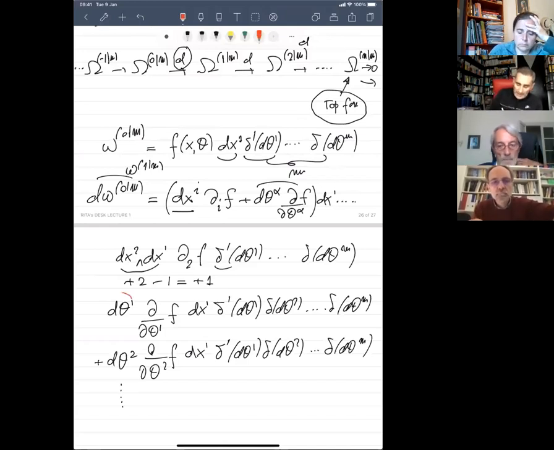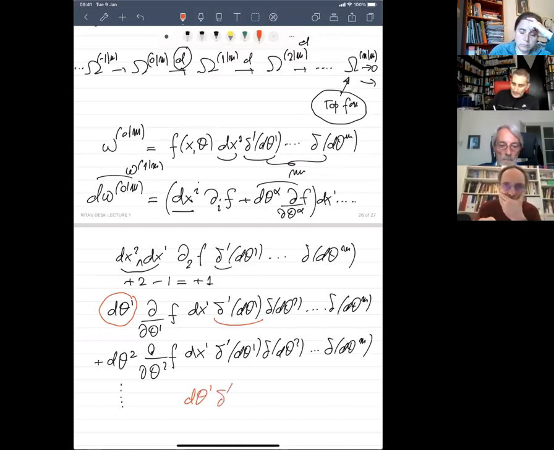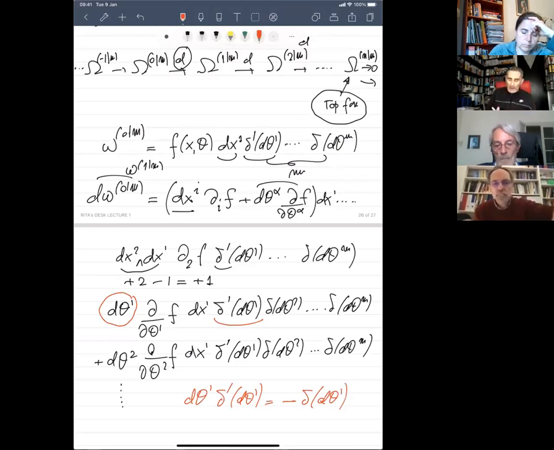You see, in this case these coordinates are exactly the coordinates that appear in the derivative of delta. For that I use the following equation: d theta 1 delta prime of d theta 1 is equal to minus delta of d theta 1. This is a distributional equation, which tells me that I can do integration by parts, as I did last time, which allows me to exchange the derivative on the delta function